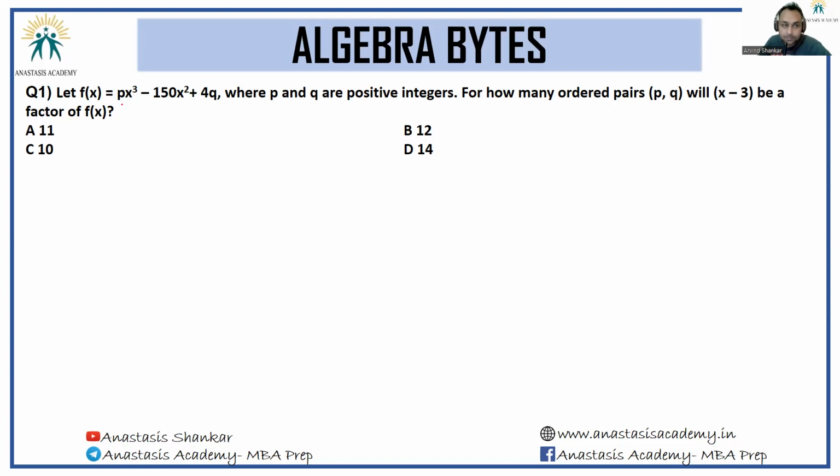Let f(x) be equal to px³ minus 150x² plus 4q, where p and q are positive integers. For how many ordered pairs (p, q) will x minus 3 be a factor of f(x)? If x minus 3 is a factor of f(x), it would mean